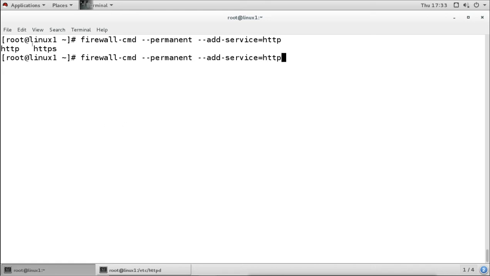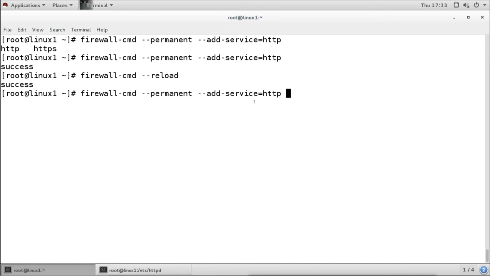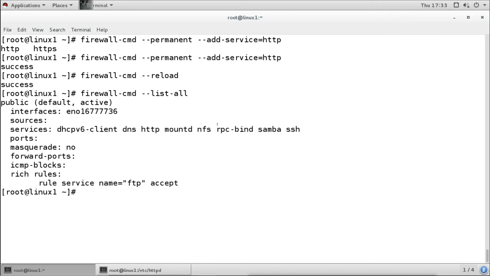And if you are configuring HTTPS, then we can allow HTTPS also. Right now I am allowing HTTP, and then I will reload the firewall. And now it is allowing the HTTP service also.